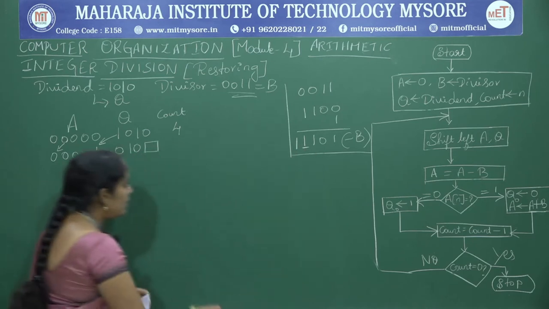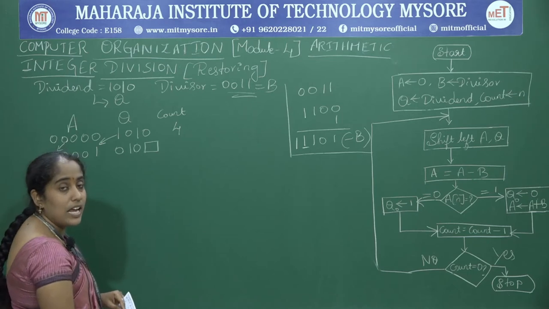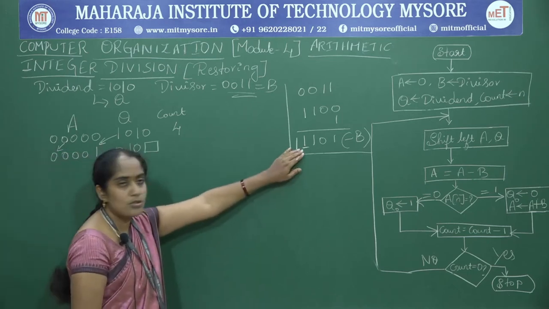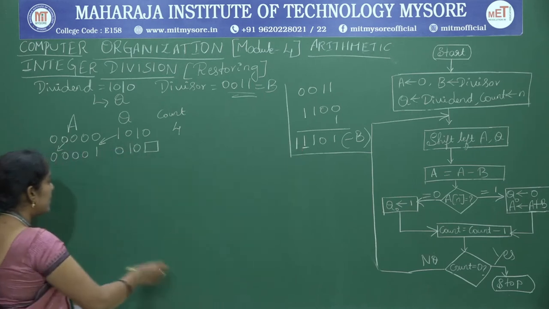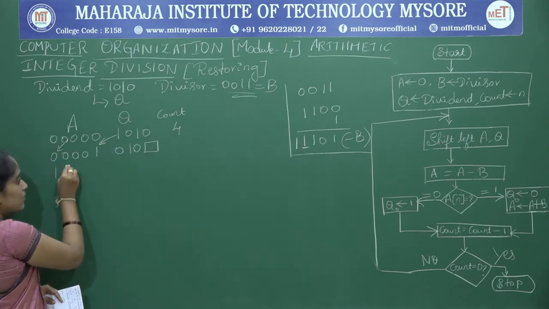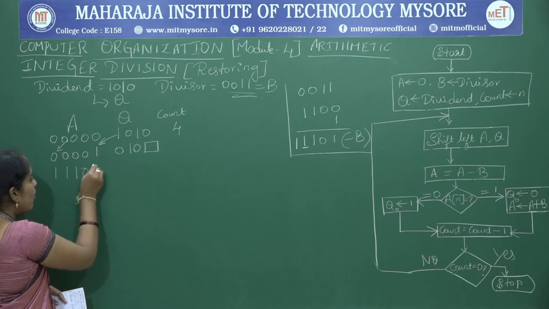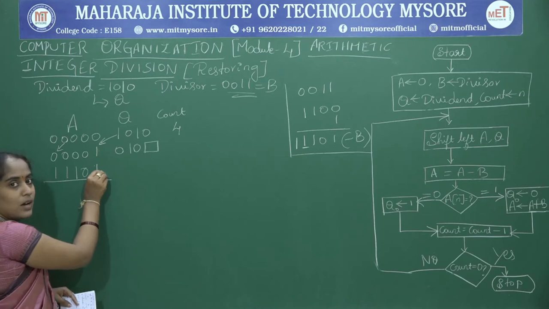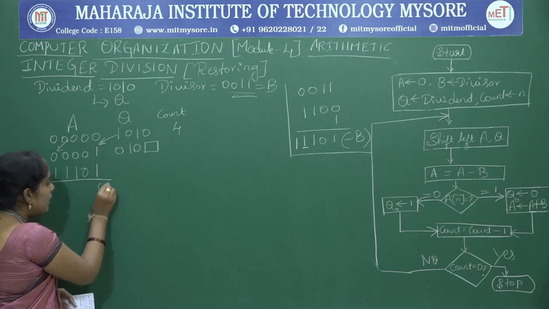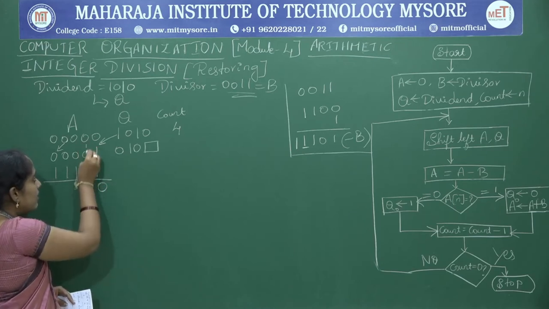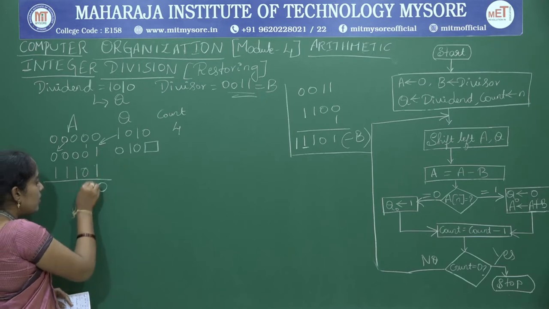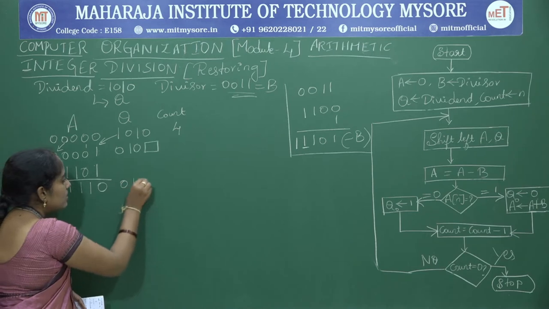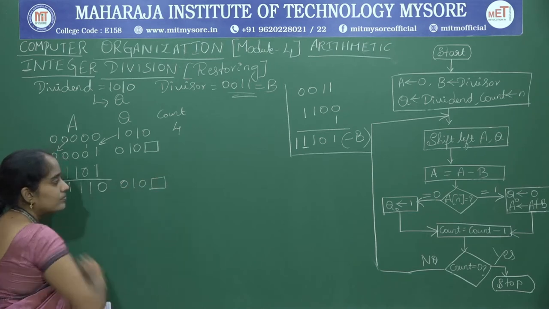Okay. So, now add A plus B. A minus B is nothing but taking the 2's complement of B. This is the 2's complement of B and add this with A value. Now, it is 1 1 1 0 1. So, what is the answer? 1 plus 1, it is 0 and carry 1. Now, 1 0 0, that is 1 1 1 1. So, 0 1 0 and blank.